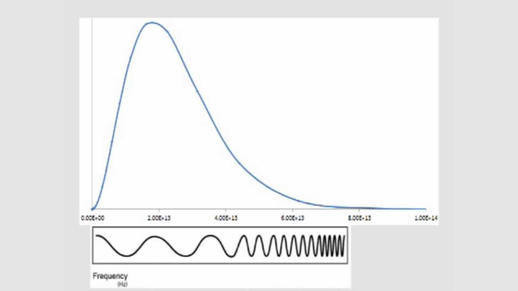Planck's equation shows that your body gives out a pretty small amount of light at really low frequencies out here, then it maxes out here at around 20 terahertz, and then it drops off again. The important thing here is that this entire graph only spans the infrared region. Lower frequencies like microwaves are crammed all the way down here at the edge, and higher frequencies like visible light are way off the scale. They're all the way to the right past the edge of the graph.